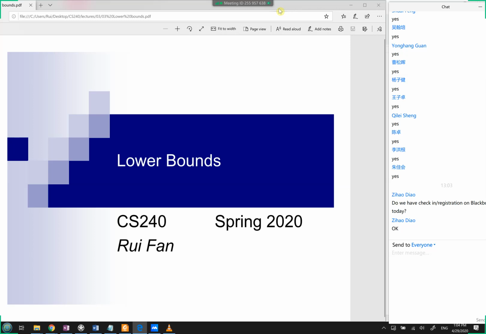But if it turns out that you can prove a lower bound of let's say n log n, then that tells you that this algorithm that you currently have is the best possible thing. There's no point trying to improve this algorithm anymore. So one reason lower bounds are interesting is because it tells you when you can stop as an algorithm designer.